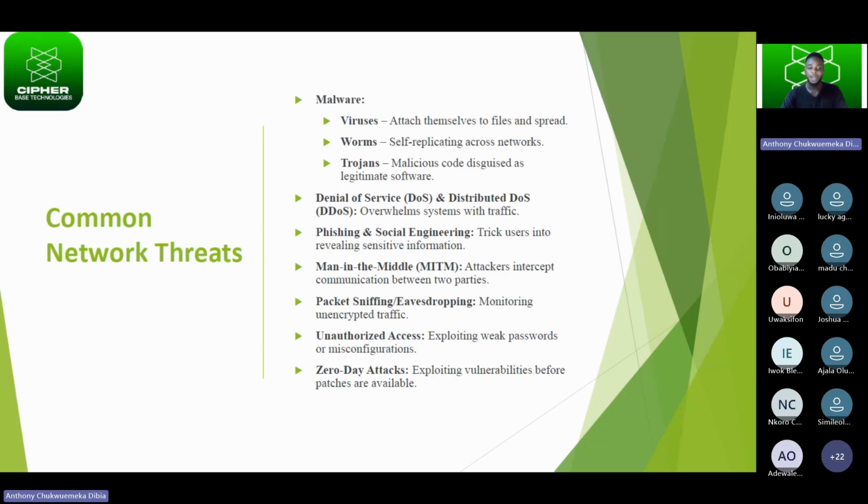Do not use the same password you use for account A for account B. It is very risky. Then the next one is zero-day attacks, exploiting vulnerabilities before patches are available. So the simple definition is when an attacker is exploiting a vulnerability that even the owners of the software do